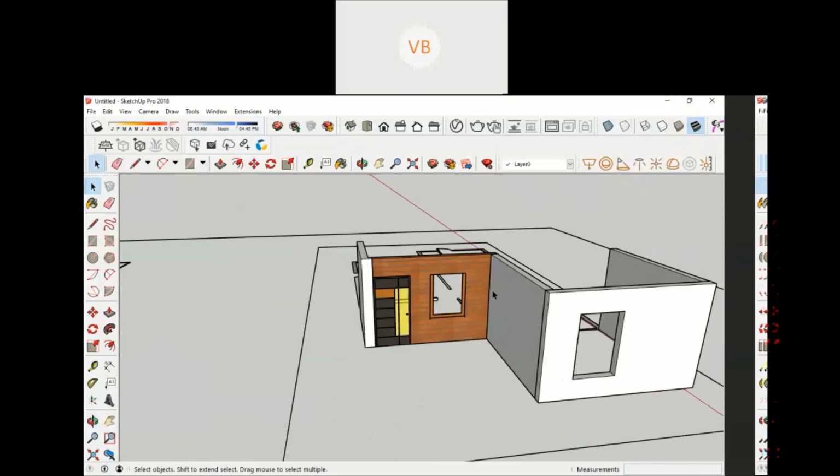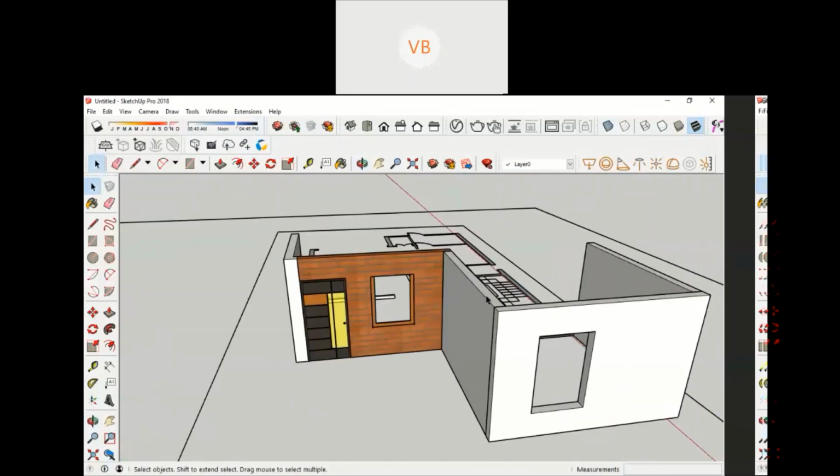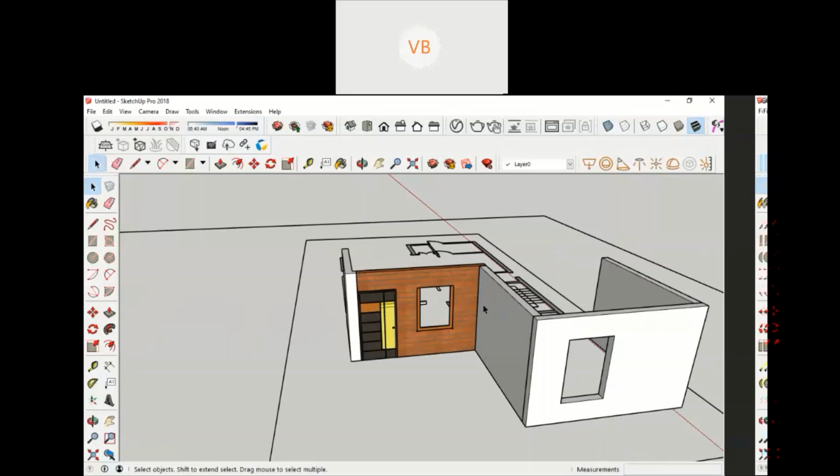So slowly, and sometime I'll tell you the basics of rendering, how to render in V-Ray. And there is also topography. You also need to learn topography. If the site is located on a hill, or the site has a lot of contours, then topography comes into the picture. To do topography, there's a tool in SketchUp called the sandbox. You can use the sandbox to do that. Similarly, there are different things you can do.